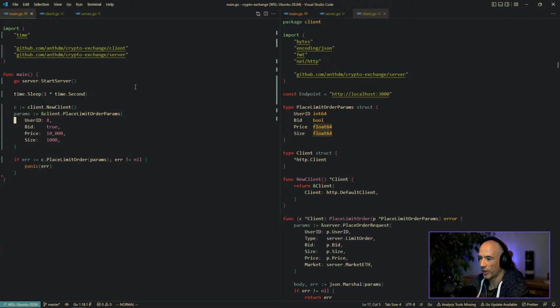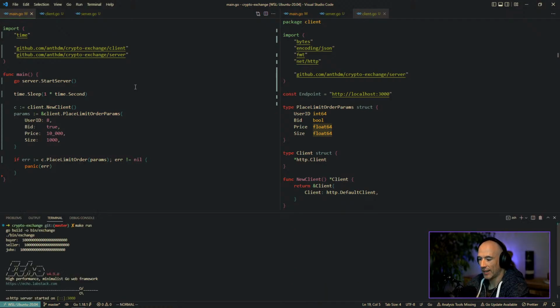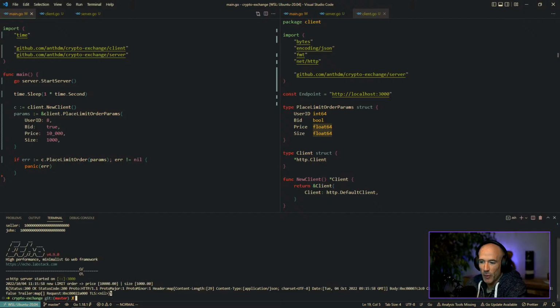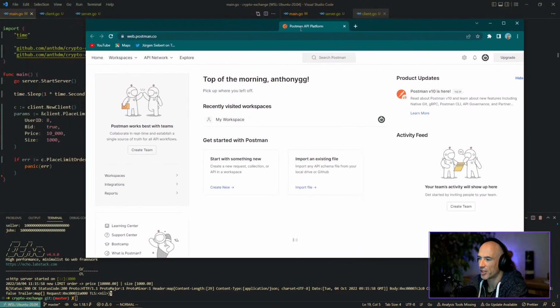Place limit order, that's working. What I want to do is basically, when we place an order, I want to print out the order books. Actually, look, so I can do this, right? So I'm going to make run. So it's going to place an order. And let me quickly open up my Postman. Let me see that I don't show any disgusting pictures. All right, so